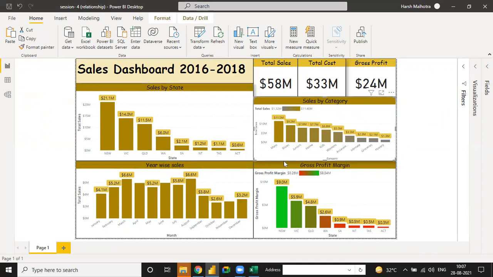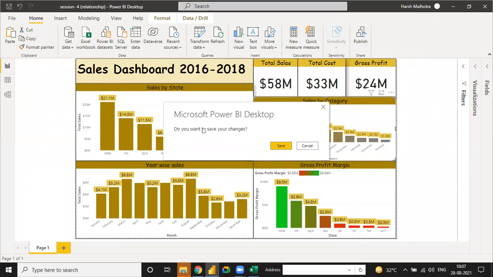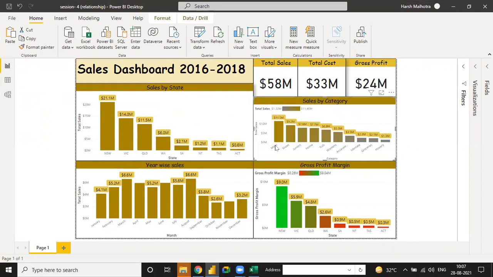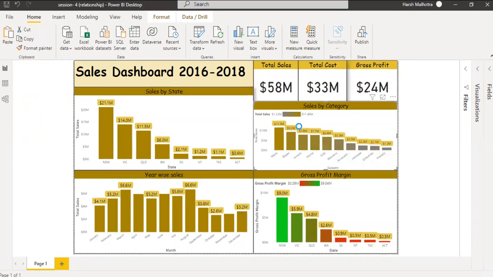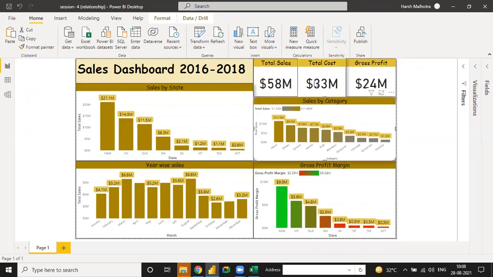Now our sales dashboard is ready, and we have to publish it into Power BI. So now we are using the publish option. Do you want to save? Yes, we have saved this file. Before publishing your data, you first need to save the file, and you can make changes to it every time. It takes some time to publish into Power BI Pro, because right now I have access to Power BI Pro.